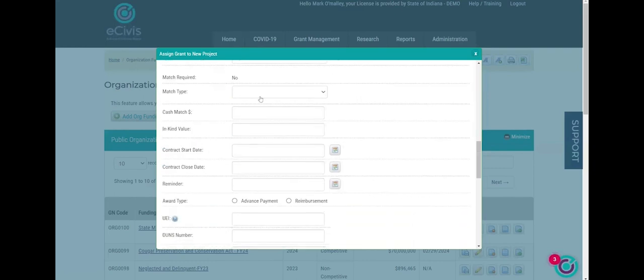The next few lines we'll leave blank. The match required, since we're creating a project for the state match fund, we will leave this indicated as no. And so what we'll do is we'll leave that match type blank below. In the spaces below would normally help describe the match required. But since we are creating a project for a state match fund, we will leave these lines blank,